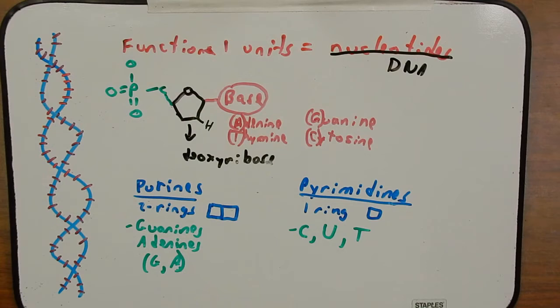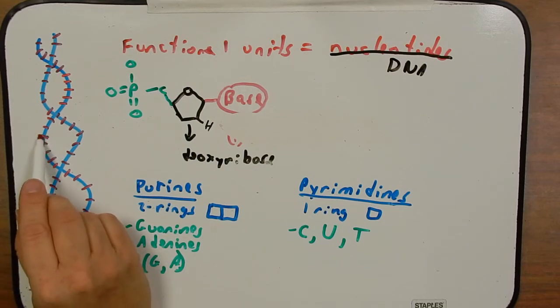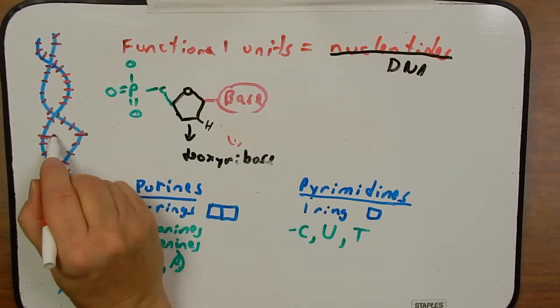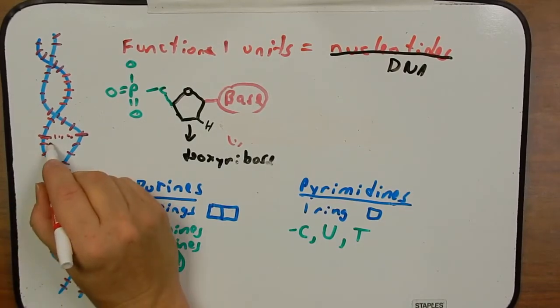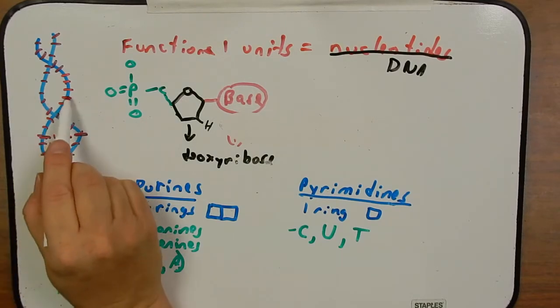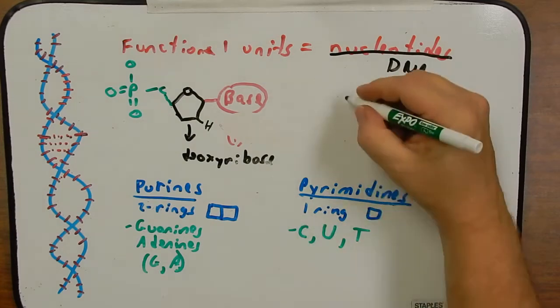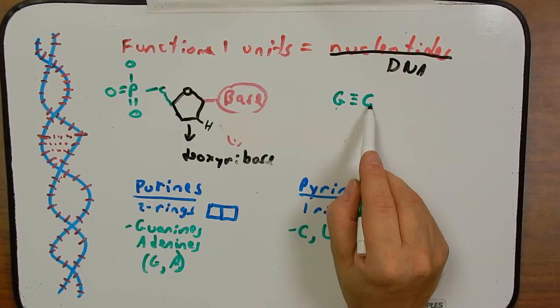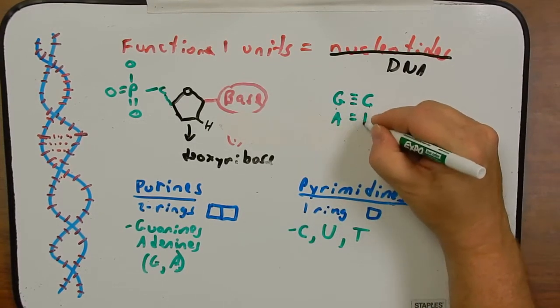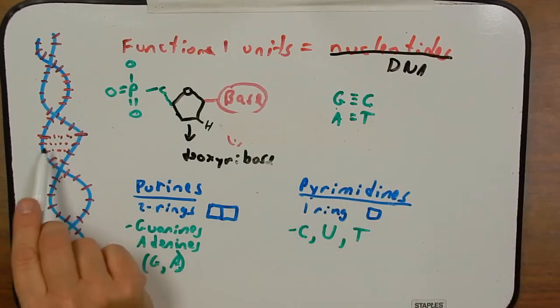And while we're talking about bases, there's one more thing I want to mention. We'll come back to this a little later probably, but let's go ahead and look at it now. And that has to do with the fact that this base here and this base here, for instance, they form hydrogen bonds with each other. All of the bases form hydrogen bonds with a nucleotide on the opposite strand. And they only do that in certain ways. And in DNA, that way is G's bind to C's, one purine, one pyrimidine, and A's bind to T's. Again, a purine and a pyrimidine. This is the only way they bind in these hydrogen bonds between the bases.